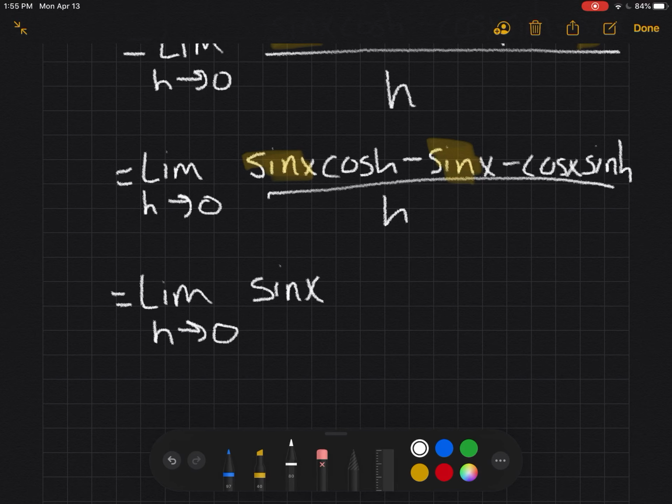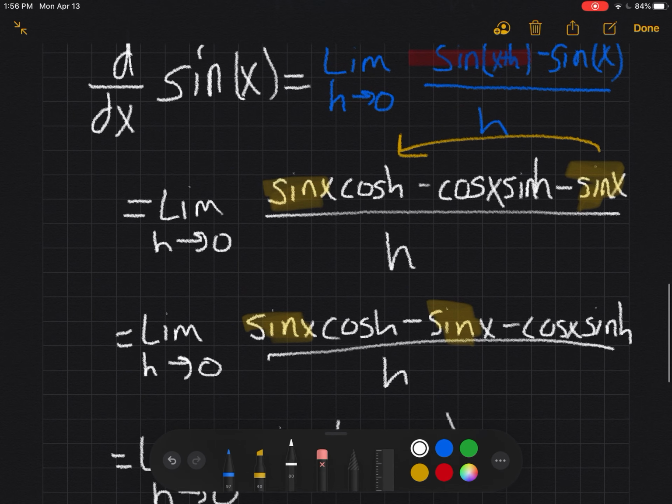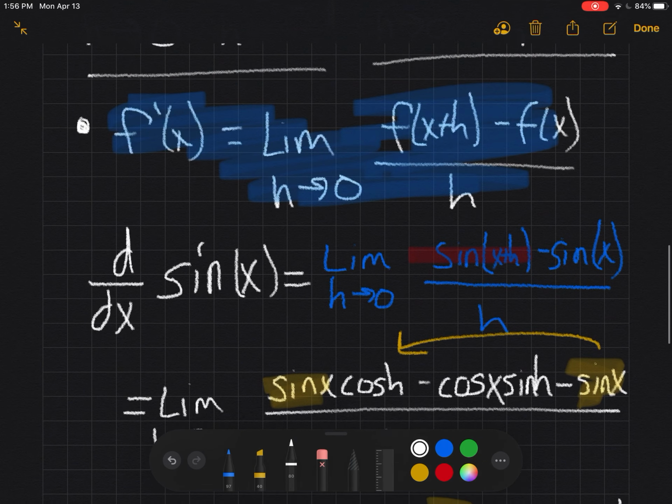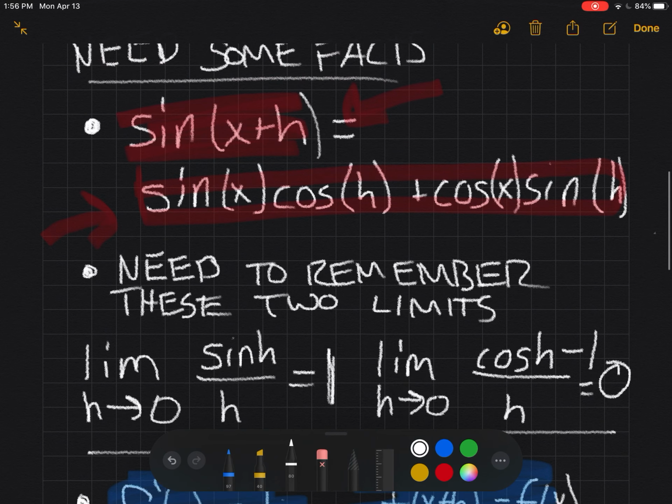And I'm going to factor that sine x out. The limit as h approaches 0. I'm factoring out my sine of x, and what remains is cosine of h minus 1. And then,